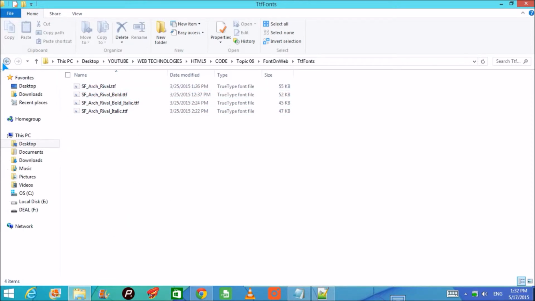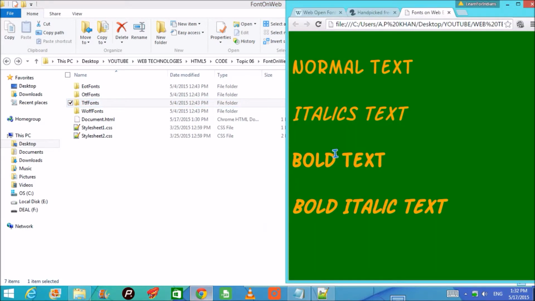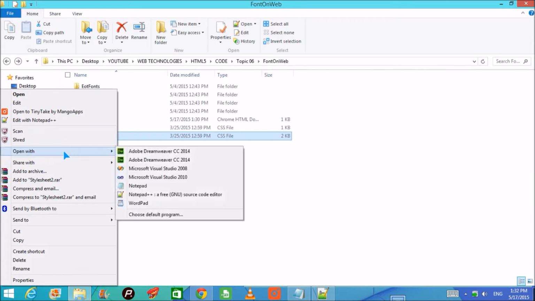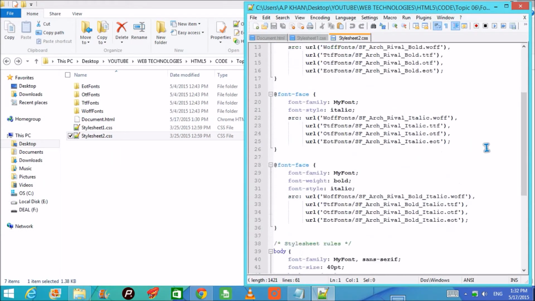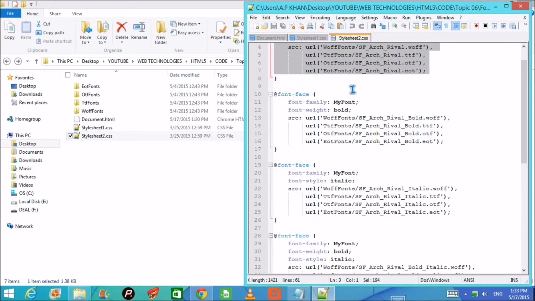So what are the other ways of showing this content? Is there another way? Yes, there is, because some browsers may have WOFF, some may not have WOFF, some may have EOT, some may not have TTF. So how to cater to this and handle it in your programming? For this very purpose, we have stylesheet2.css. I'll open it in Notepad++, and you see this has been copied 4 times: 1, 2, 3, 4.